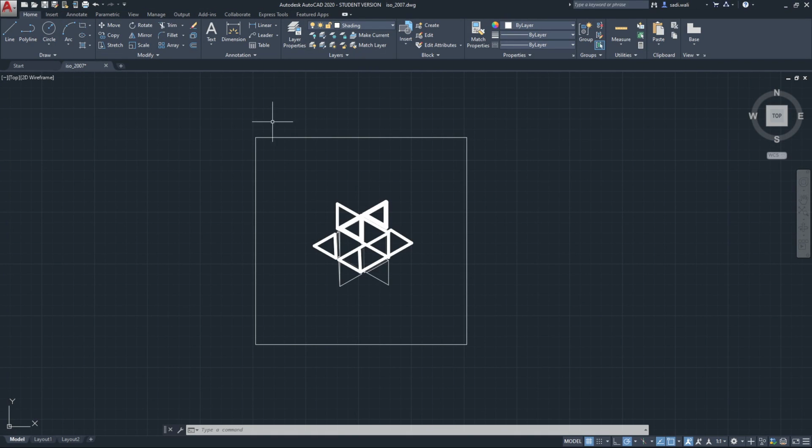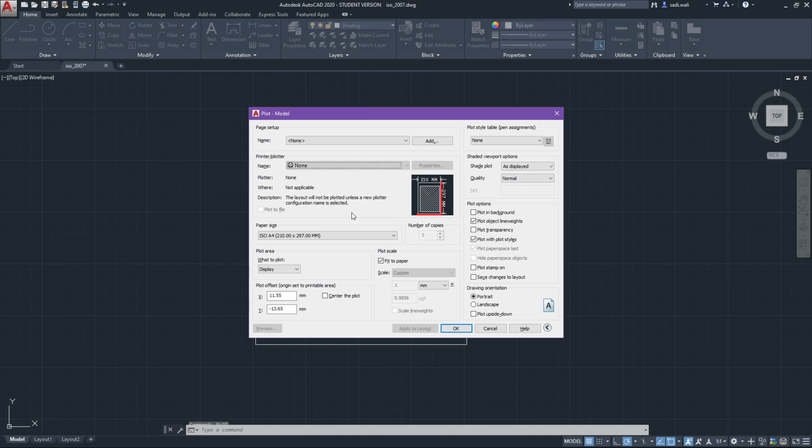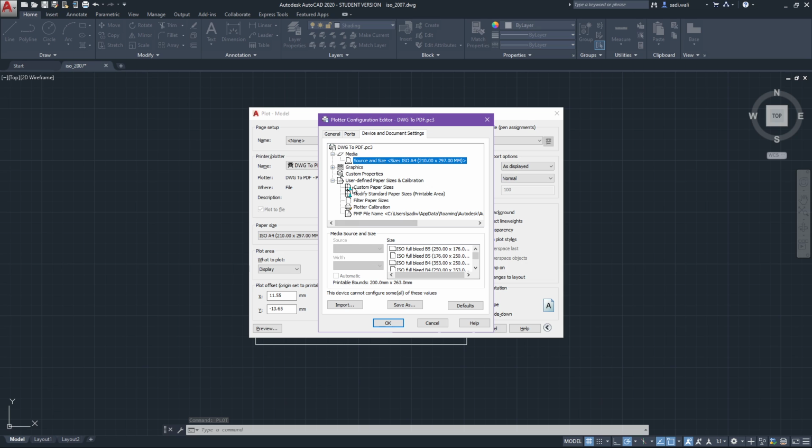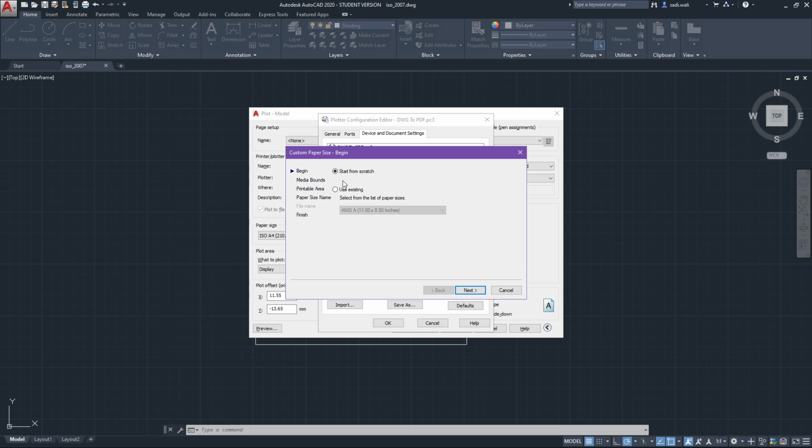Okay, so let's say you want to plot this out. This is your drawing, and your paper size will be 50 centimeters by 50 centimeters. So what you want to do is draw out a box around your drawing with those dimensions, and then go to plot. Choose DWG to PDF here, go into properties and custom paper sizes, click on add, start from